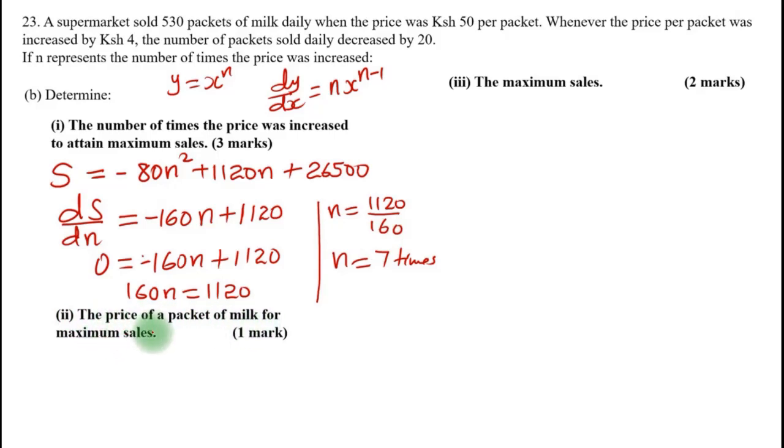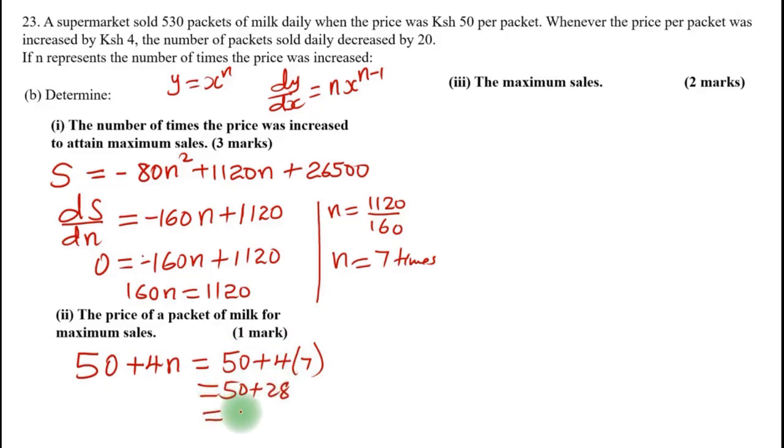For maximum sale, we saw that the new price was 50 plus 4n. So we substitute the value of n into this. So 50 plus 4 times 7. So this will be 50 plus 28. We end up getting 78 Kenyan shillings. So that was the new price for a packet of milk. Then